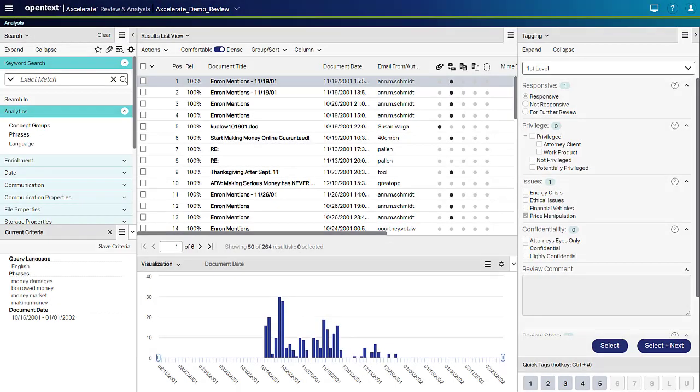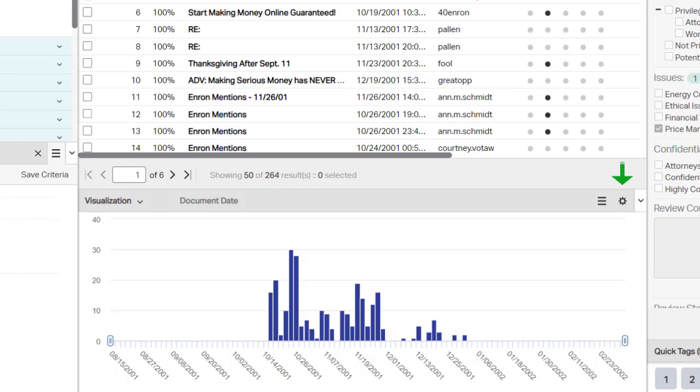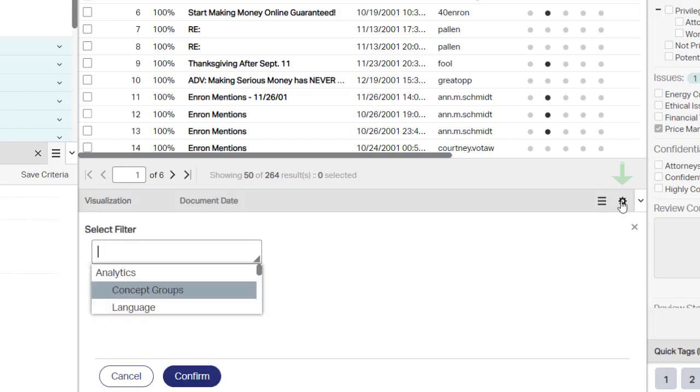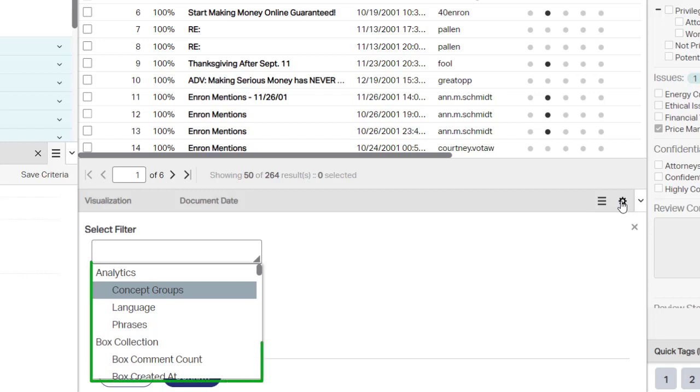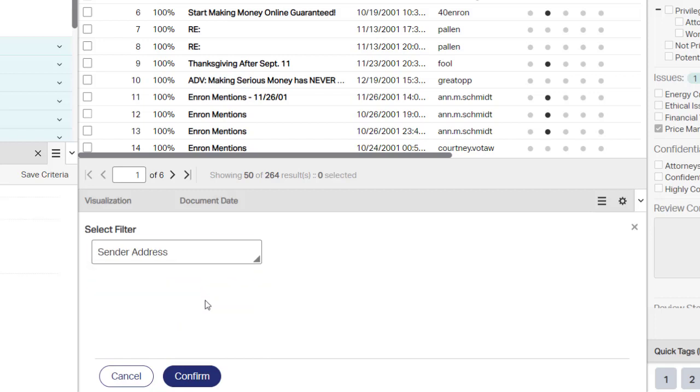To change what information is displayed in the visualization panel, select the gear icon in the upper right-hand corner and choose the criteria from the drop-down that you would like to display. Alternatively, you can use the Type Ahead functionality to locate a specific piece of information. Let's look at sender address. Once we select Confirm,